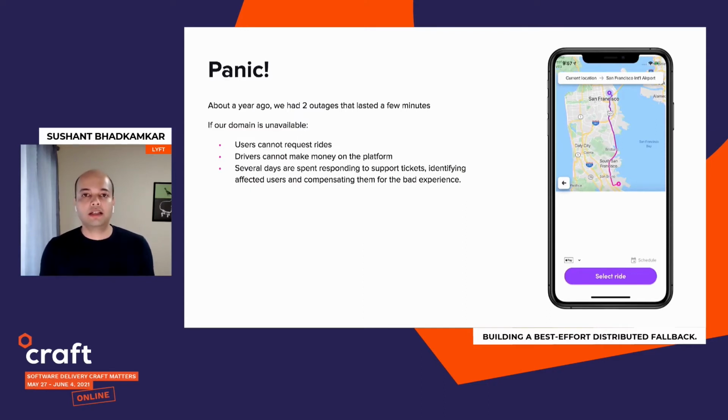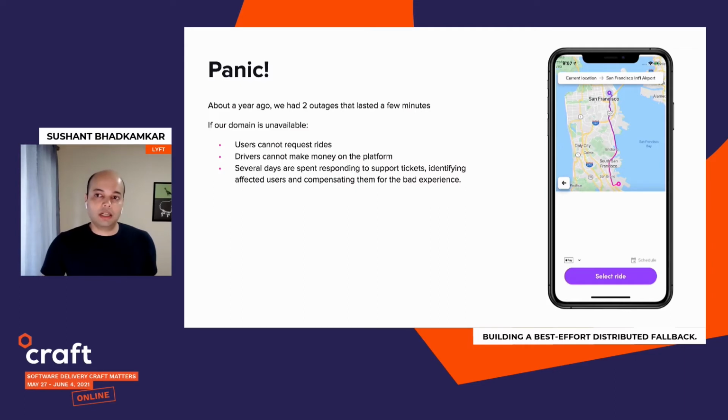An outage in our system typically means that the users see a blank offer selector. They don't see any offers, so they can't request any rides, and they can't make any progress within the app. Because users are not able to request rides, drivers on our platform also cannot service any rides, so they can't make any money on the platform.